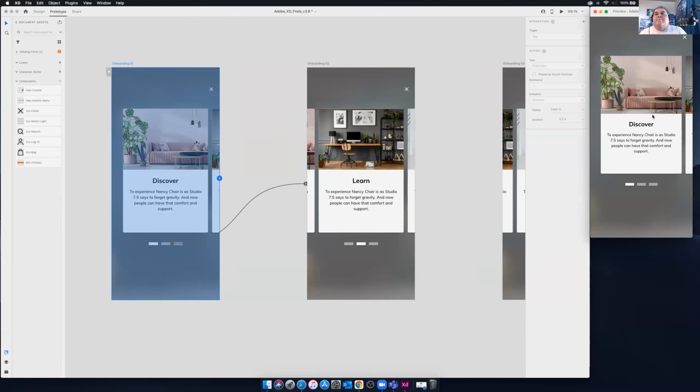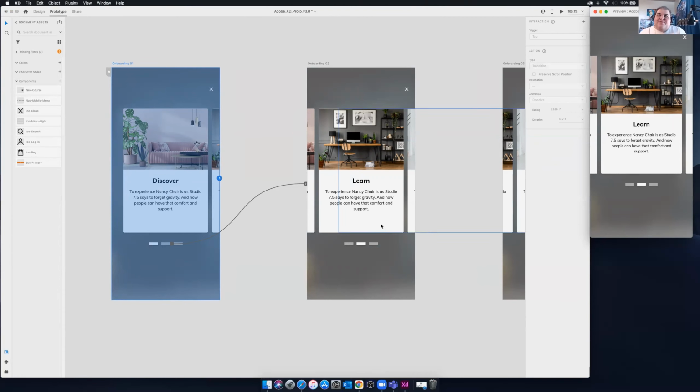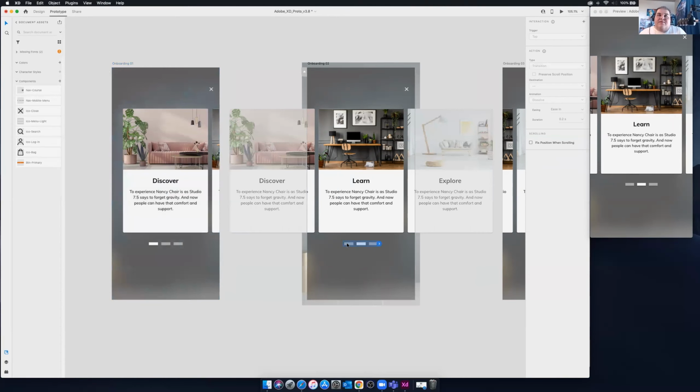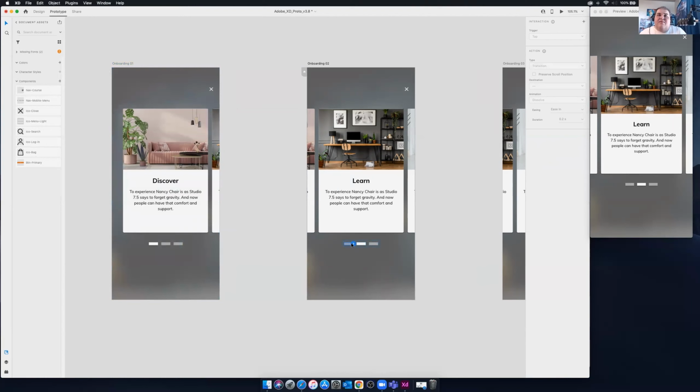So if I click on this, you'll see it slides over to the next one here, which is super cool. But now that we're on the second board, we can't get back to the first one because we didn't add that interaction on the second board here. So if I double click on this element here in prototype mode and swing it back, just to connect it back, you'll see that it's already set to auto animate and it's already doing snap and it's already doing duration because